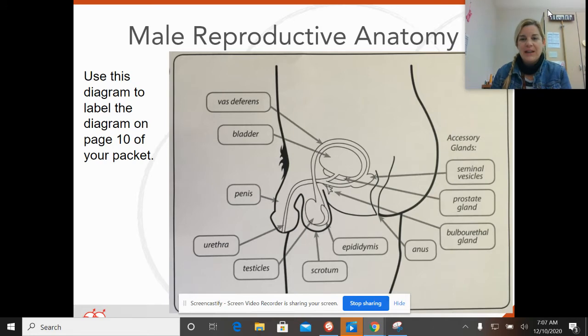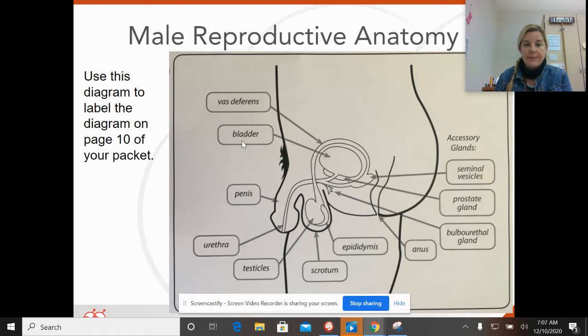So first thing I'd like you to do is to label the diagram. I might not have copied super great, but I think we can figure it out. So I'm going to go counterclockwise today, starting on the top left side of the diagram. So the first term is the word vas deferens, 2 words, vas, V-A-S, deferens, D-E-F-E-R-E-N-S. Below that is bladder,